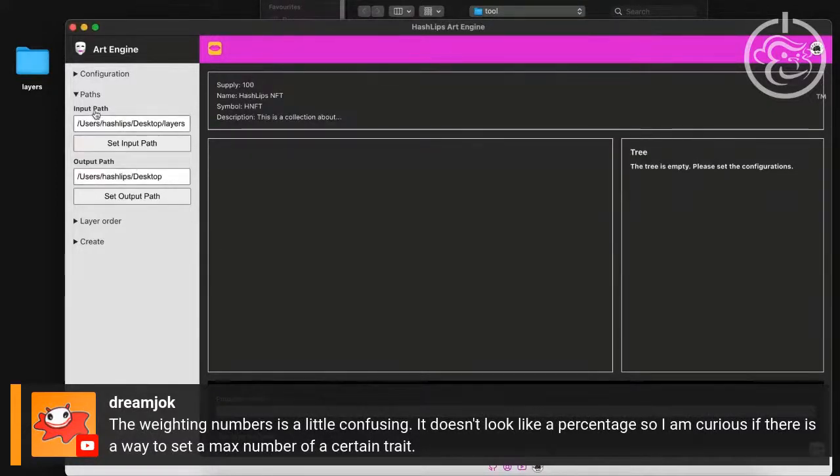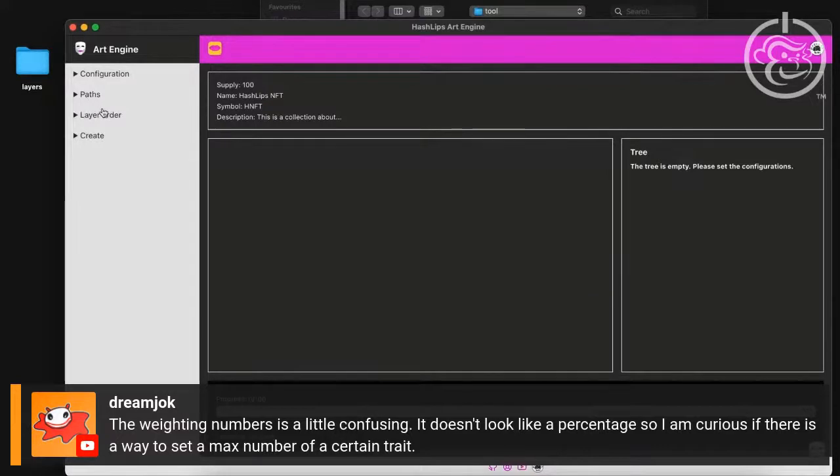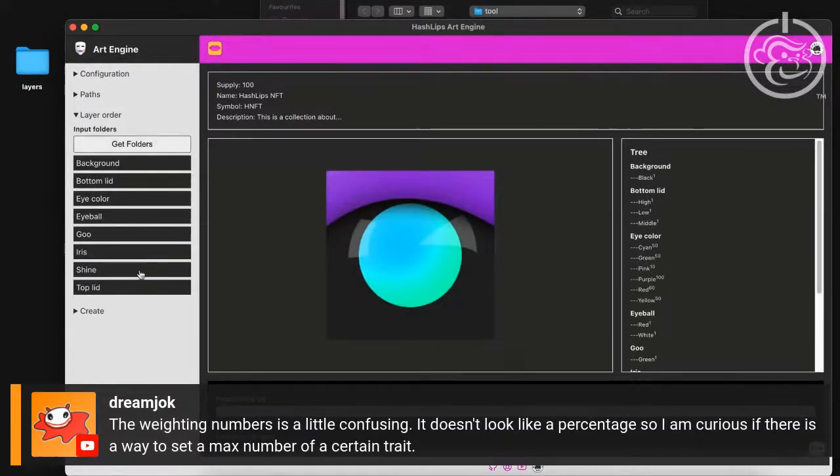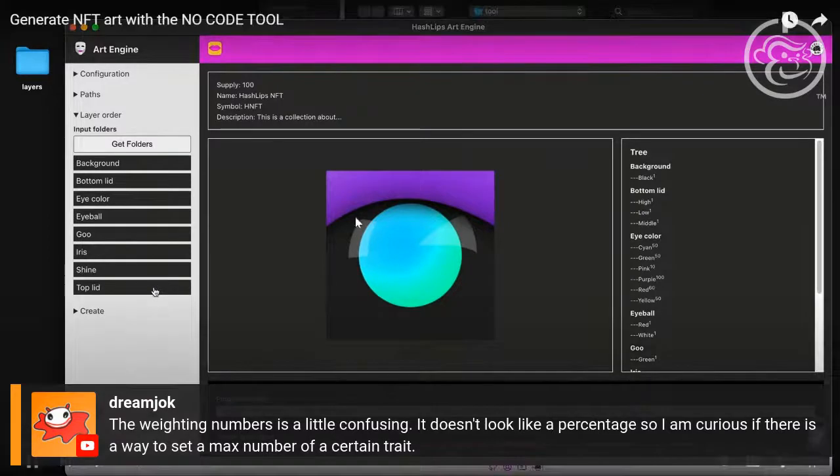Now that our paths have been set, if you did this correctly, if you click on layer order and you pull in your folders, you should see the folders being pulled in like this. If at any point you got an error, please make